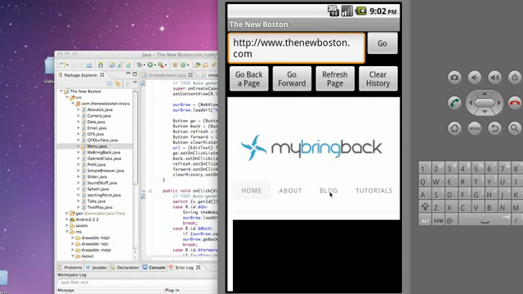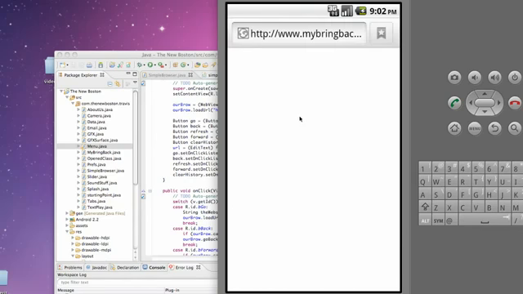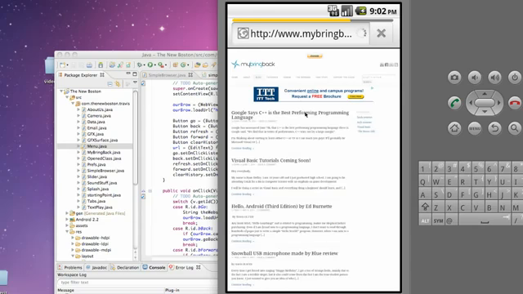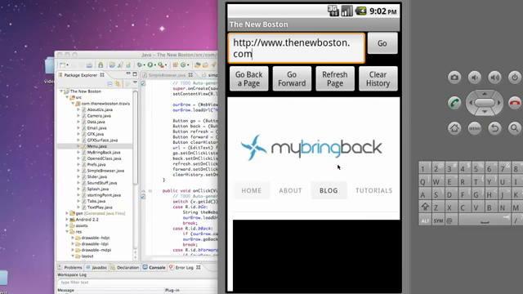Now here's the problem that we're going to solve in the next tutorial. Let's say I want to click on one of the links, like blog from my website. It opens up a new intent, and it uses the browser intent that's built in with Android. So we want to get rid of that for the most part. I mean, we don't necessarily want to, but we're going to, because we want to have our browser kind of do everything. So it reloads in this